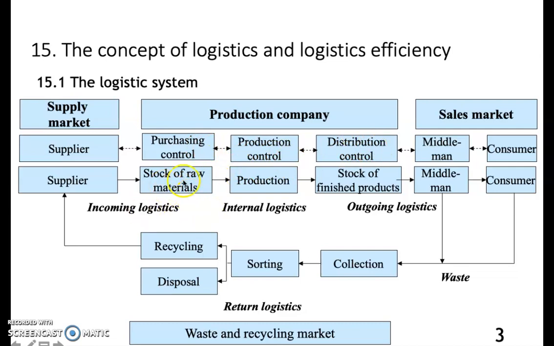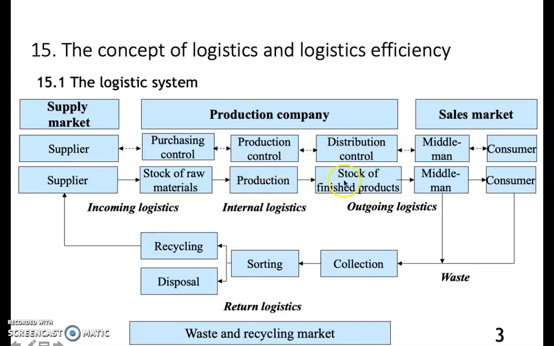So stock of raw material, that's the materials in storage that the production company needs in order to keep a production running. That can, for example, be for a candy company, a candy production. It can be sugar, it could be syrup, it could be other things in relation to that. Then we have the production and production control. Companies want to produce the right amount at the right time for the right price.